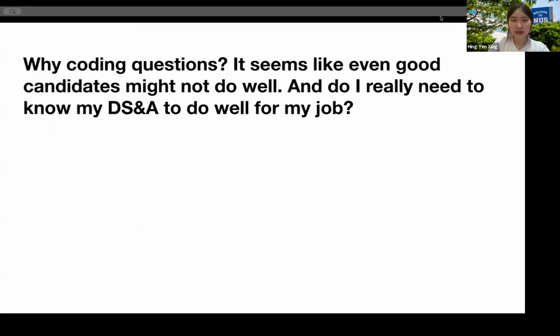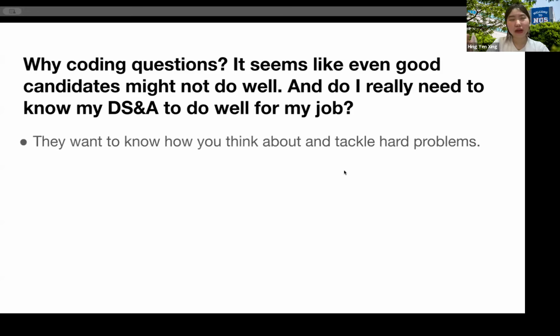So another question that people usually think is, why do they want to ask coding questions? Even some good candidates might not do well in real-time coding. And do you really need to know your data structures and algorithms well to do well in a job? Some people might think, if I'm applying for a software engineer role, why do I need to know DSA so much? It turns out that data structures and algorithms are most likely used by interviewers